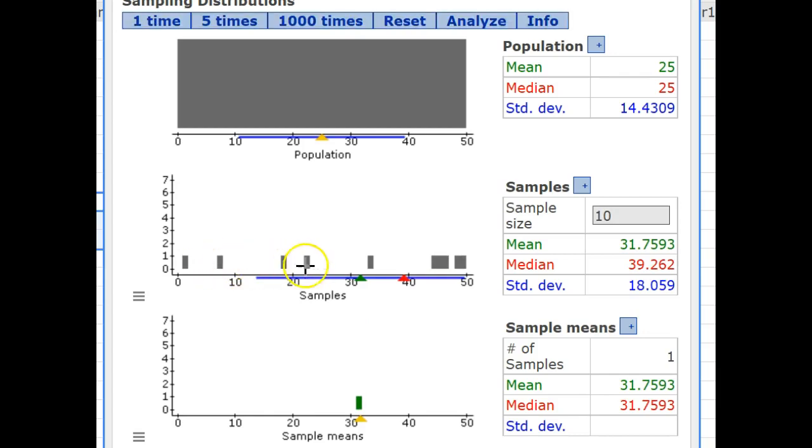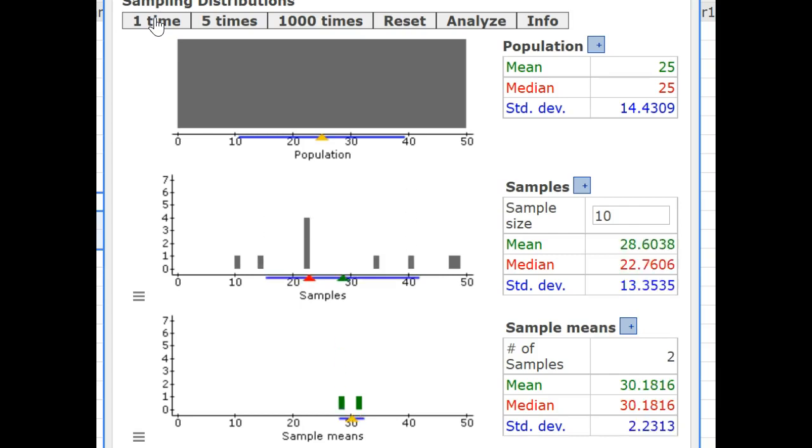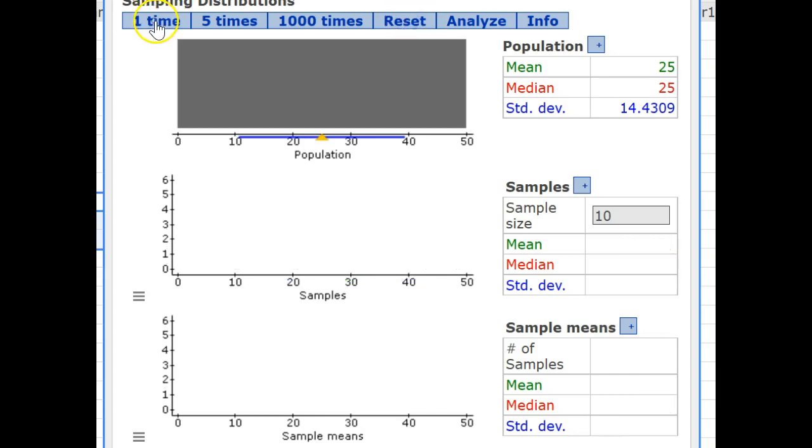And we can see the 10 individual values that fell here along with the one sample mean from those particular 10 data points that were collected. So let's click one time again. And we can see we got slightly different values here. And again, it looks different from the ones in the book as well. If we reset that and do one time again,